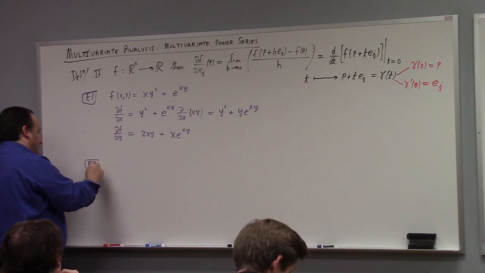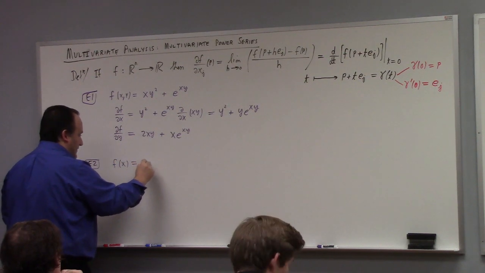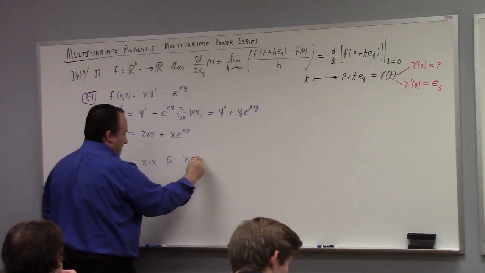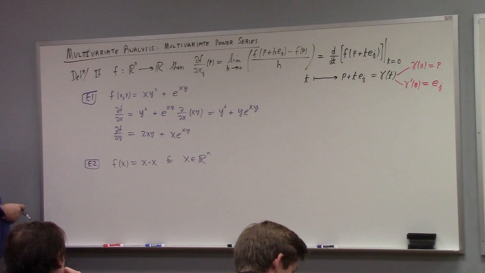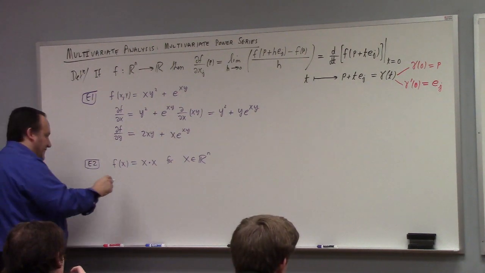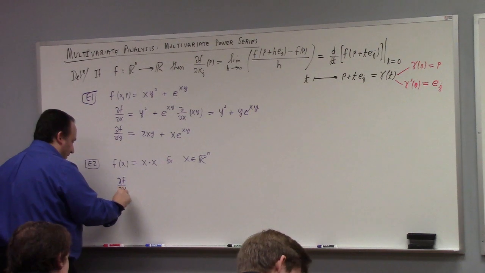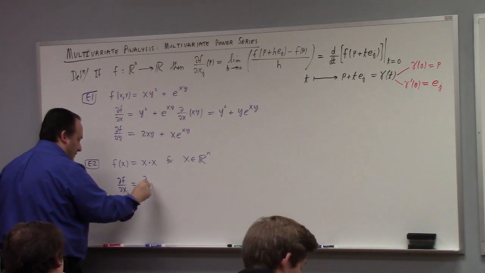One more example here. Example 2, suppose you had f of x equals x dot x for x in R^n. What's the partial derivative of the dot product here? What if I calculate partial f, partial x_i of this? What is x dot x? Well, it is